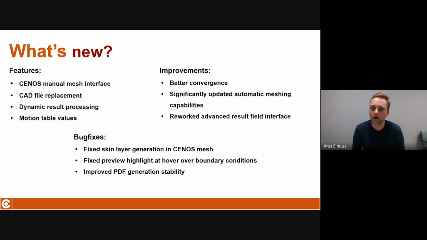But just to give you an overview and an understanding of what is new, we have added 4 new features: the CENOS manual mesh interface, the possibility to replace CAD files within your system, and motion table values, over which we are going to go in more detail during the demonstration a bit later. We have also included dynamic result processing, which